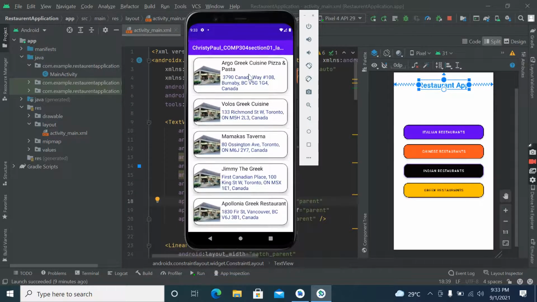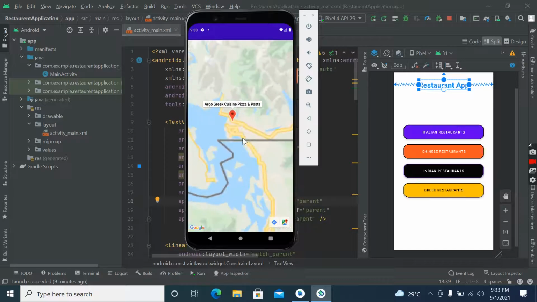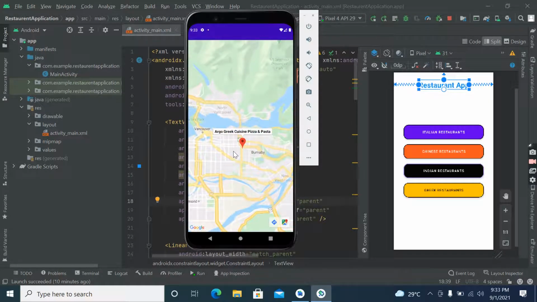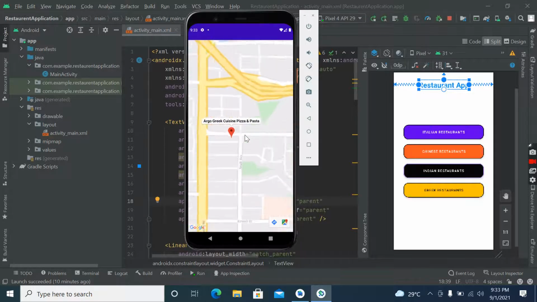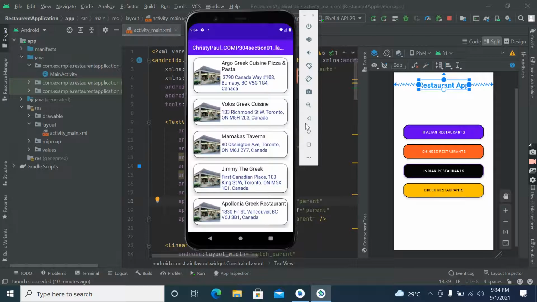Okay, so for Greek there are also some restaurants. So let's see the location of a restaurant. So I'm clicking here and it will send us to the map activity. So this is the exact location of the restaurant, Agro Greek Plaza. So you can see we are at the exact location. So this is map data and this is our marker. This red one is our marker and this is the Google data. That means we have added the correct location. Okay. So this way